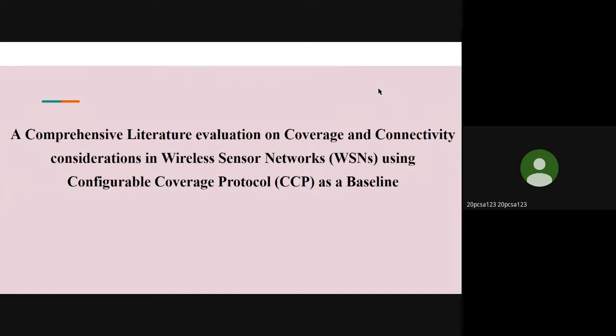As you see on the screen, our topic today is a comprehensive literature evaluation on the coverage and connectivity considered in the wireless sensor network using configurable coverage protocol as a baseline. We are going to see a few topics, and after that, what I have done in the literature review and what is the future goal I have to do. We will see it on